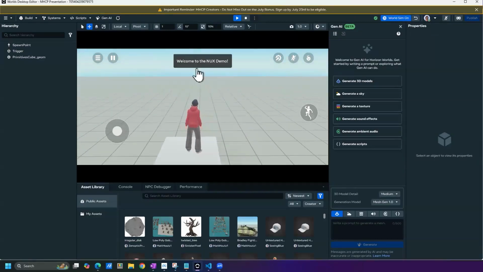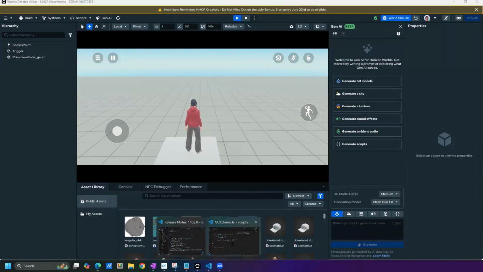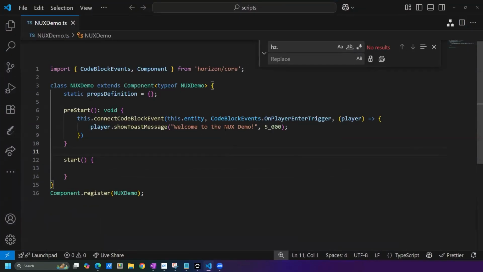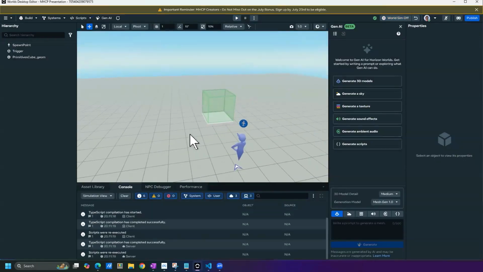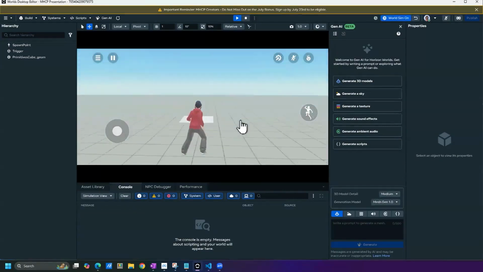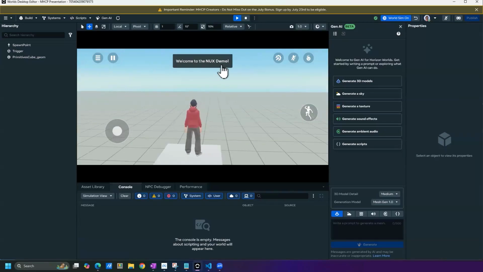Something to know about this is that you can by all means use the formatting options that you are used to for text gizmos. For example, if I want this part to be bold, I can say bracket and then B. And then if I save that, we're going to have to wait until it compiles. And then if I enter the trigger again, now this part of the message is a little bit more bold,